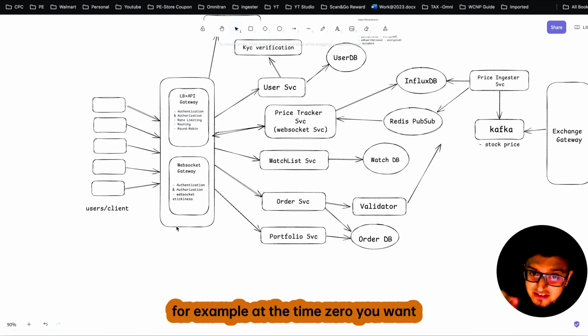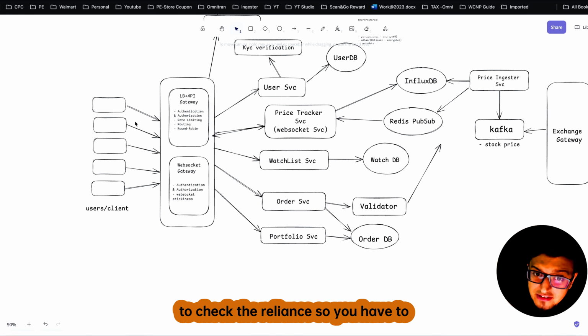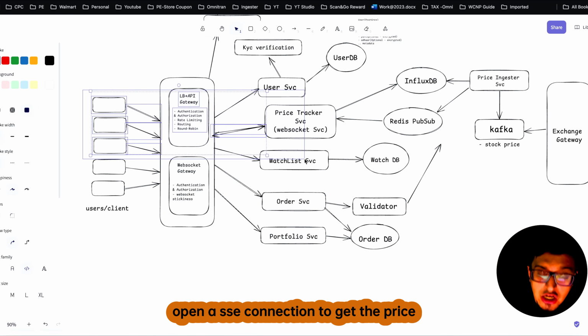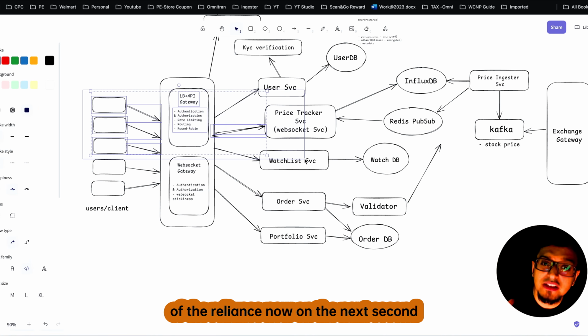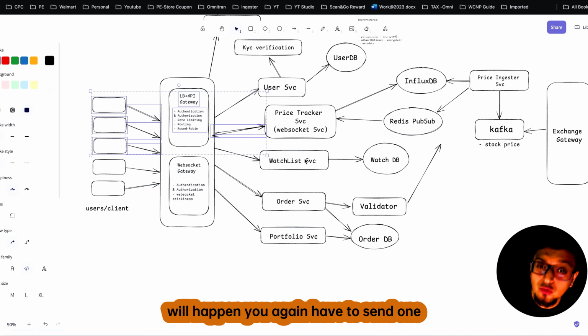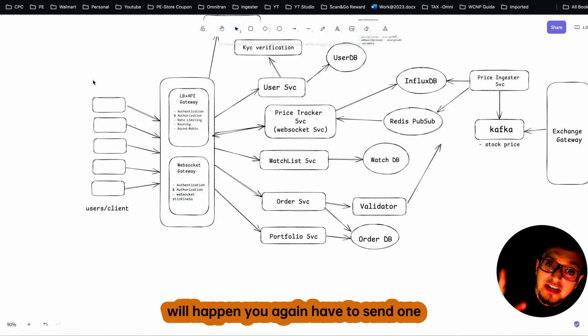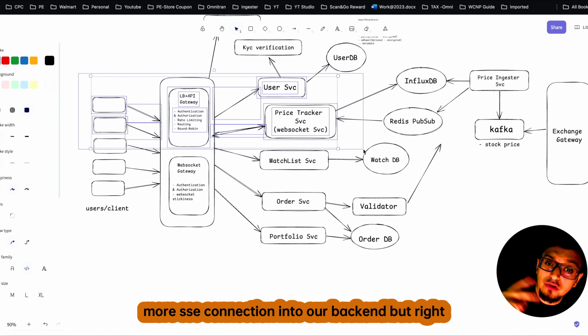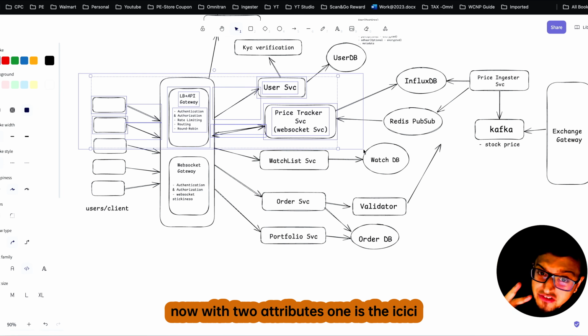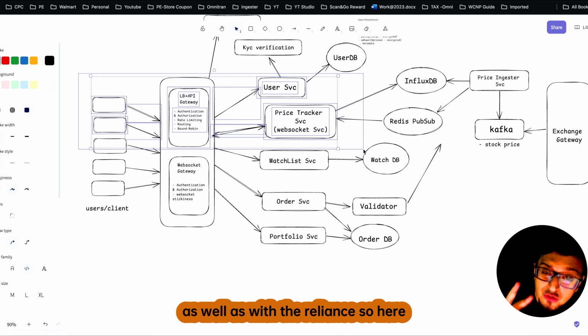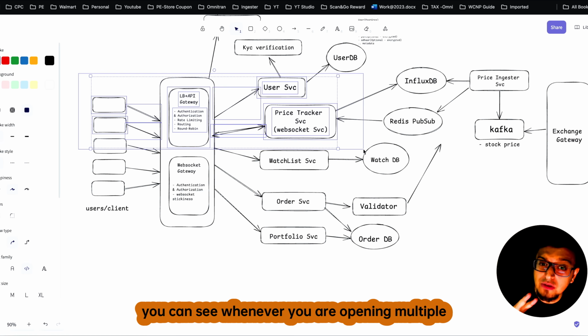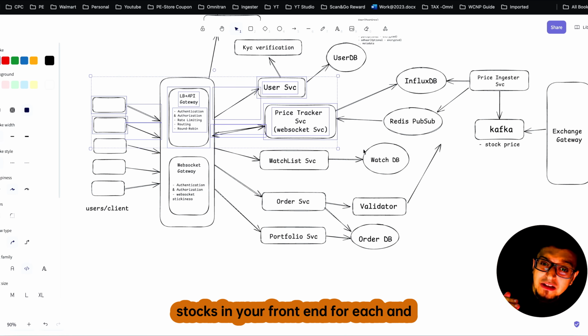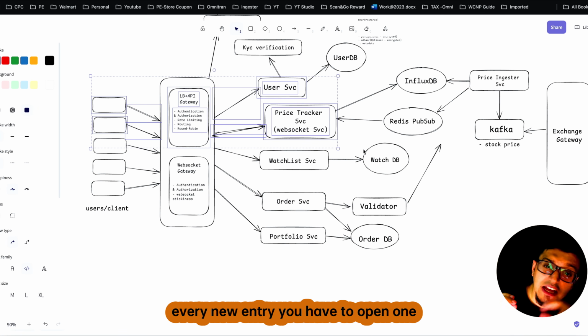So for example, at time 0, you want to check Reliance, so you have to open an SSE connection to get the price of Reliance. Now on the next second, if you want to check another price, what will happen? You again have to send one more SSE connection into our backend, but now with two attributes: one is ICICI as well as Reliance. So here you can see whenever you are opening multiple stocks in your front end,